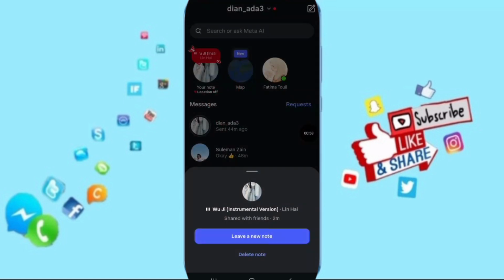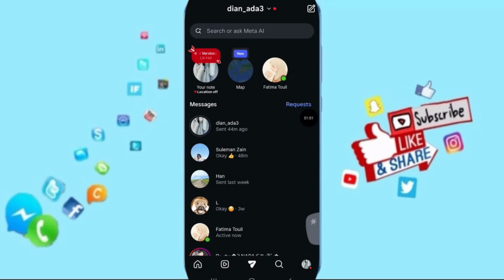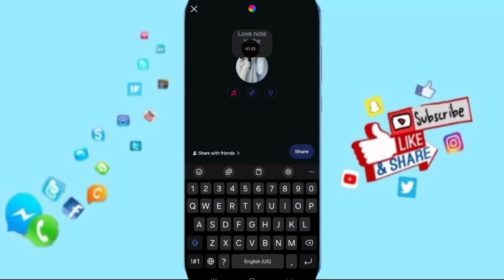So to know how to do the same thing or how to get this Valentine feature, let's get started. Here you have to find your profile note like this. So you will click or enter this profile sign. Then here you can write anything you want. You can add a love note or a statement, or anything you want to share with your friends, or you can add your location or a